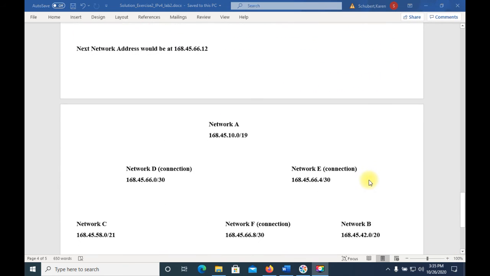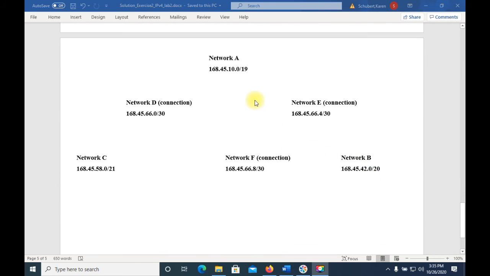The last step is to apply this to our network diagram. Network A, 168.45.10.0, all we did is change the subnet mask from /16 to /19. Bit 19 we know is worth 32 in the third byte, so therefore we added 32 to the third byte to get to network B. The network address is 168.45.42.0 with a subnet mask of /20. Bit 20 is worth 16 in the third byte, so now we add 16 to the third byte to get to network C's network address of